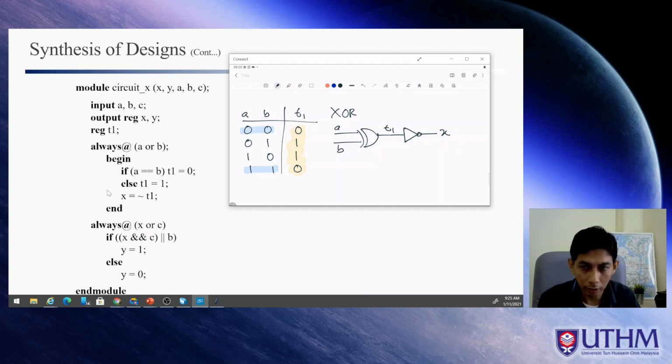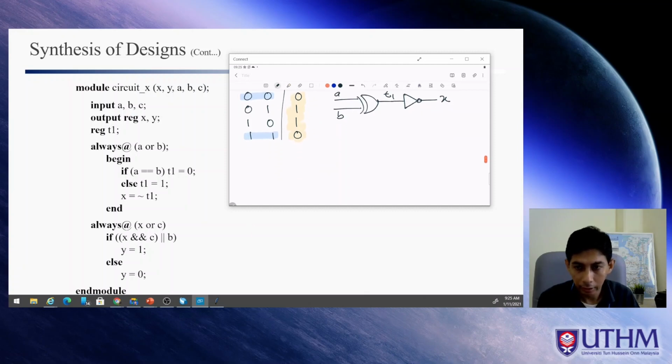For this, always block. What is this? Another one. So again, if X and C, and remember this is logical AND, right? In chapter 1, I have introduced to you what is logical AND. Logical AND is the operator that we use to test, right? So here we test, right? We use if. If X and C, this is OR B. If X and C or B equal to 1, means that